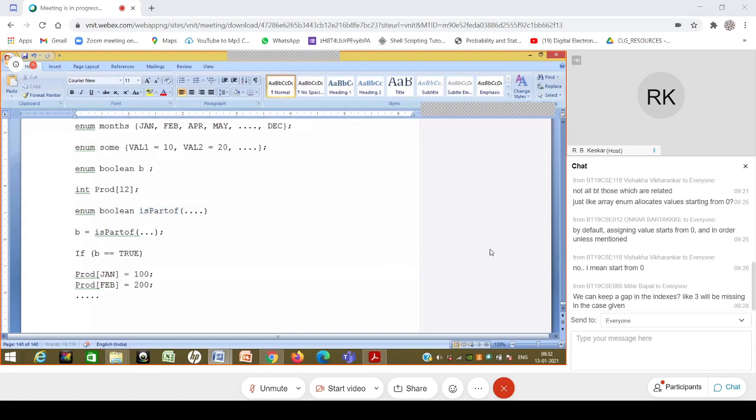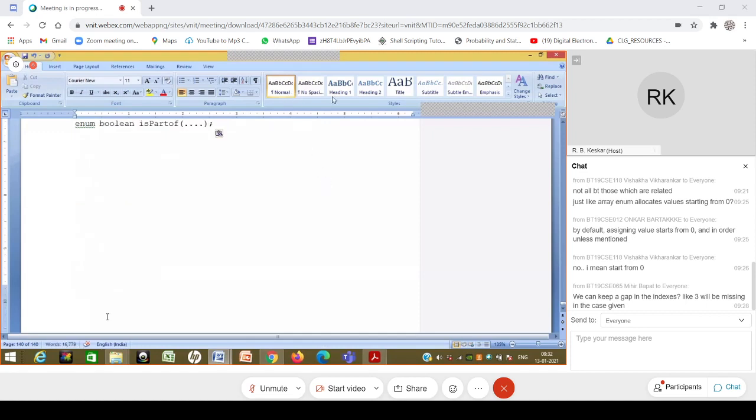So the best way in which I can write this is_part_of function, let's see, if I want to write it, will be something like this. Suppose I write this function, it will look like this. Let's say there is something over here, and perhaps I will take a return type, rate val, which is of type enum boolean.